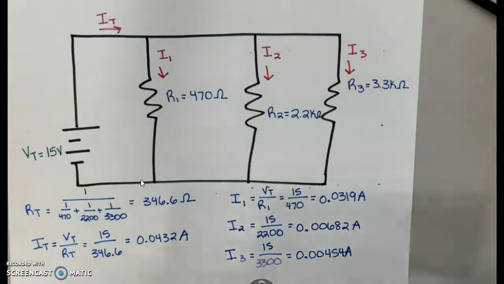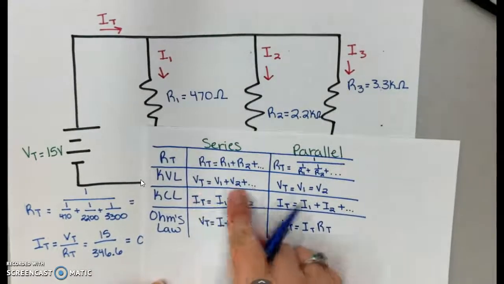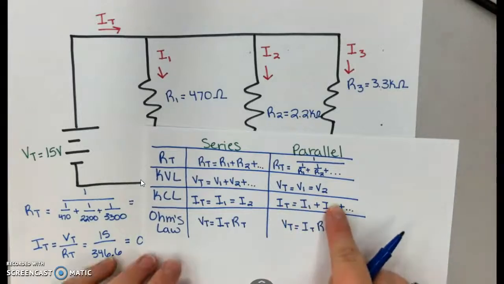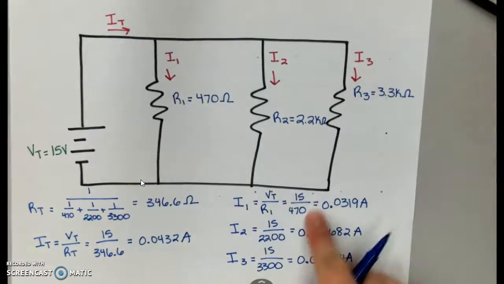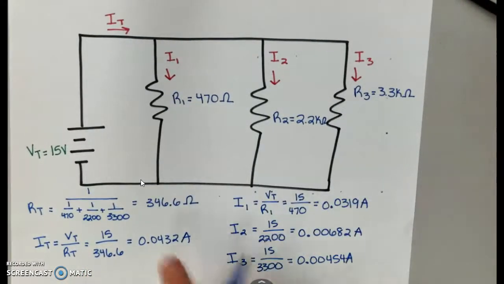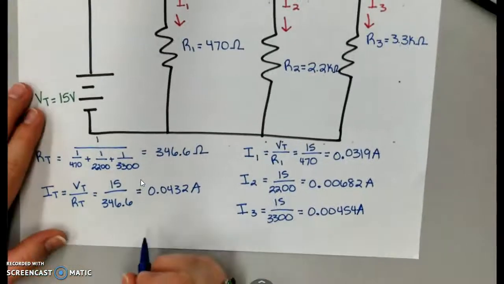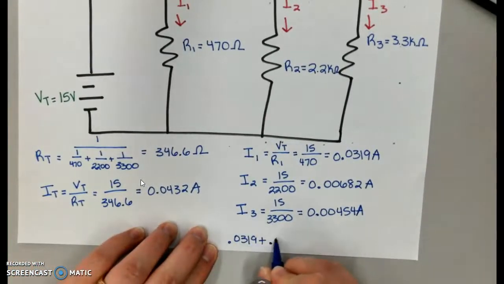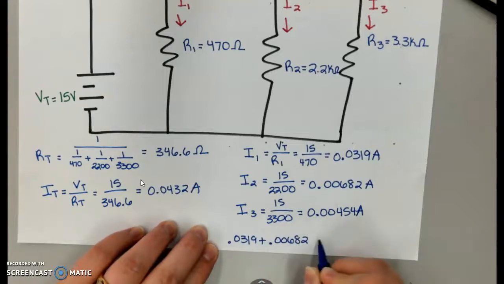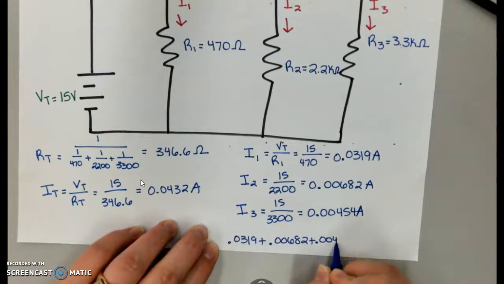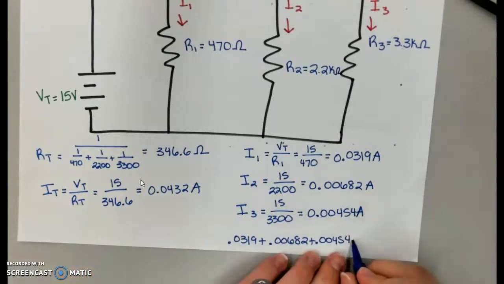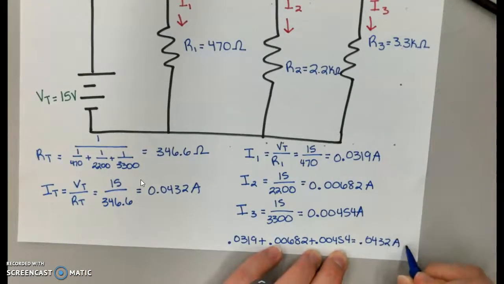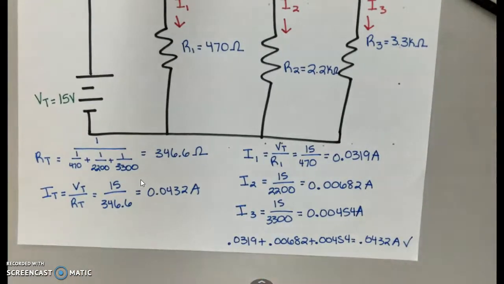And so, just like on our series circuit, the total voltage was the sum of them all, that is the case for our current in a parallel circuit. So let's verify these 3 values should add up to my total current. So let's verify that. And we get